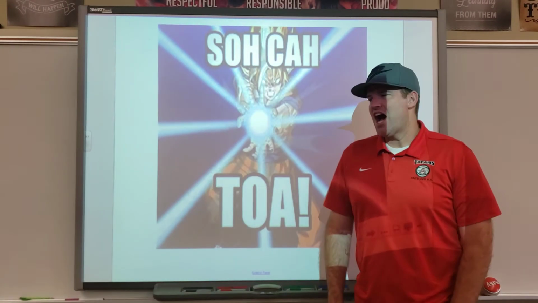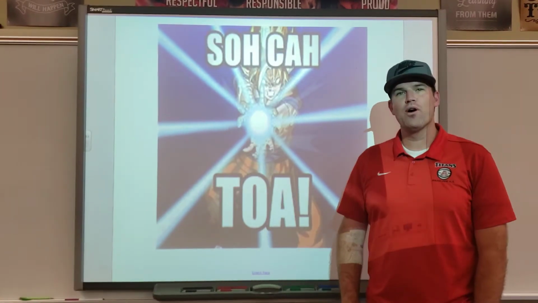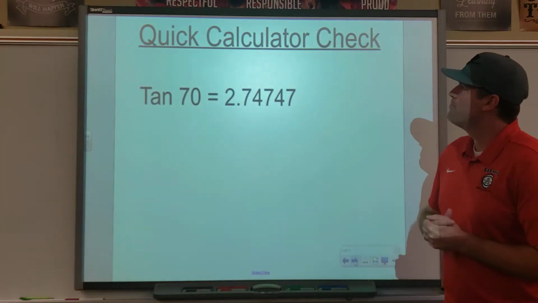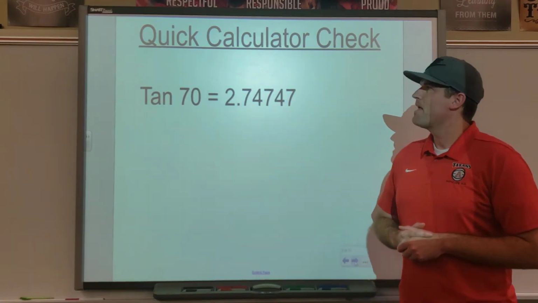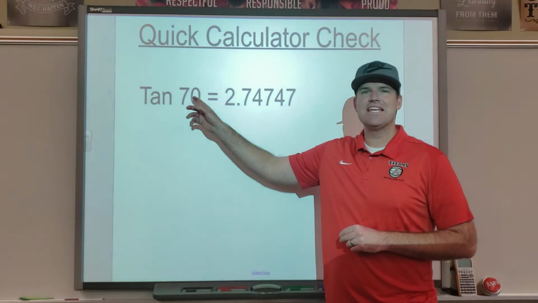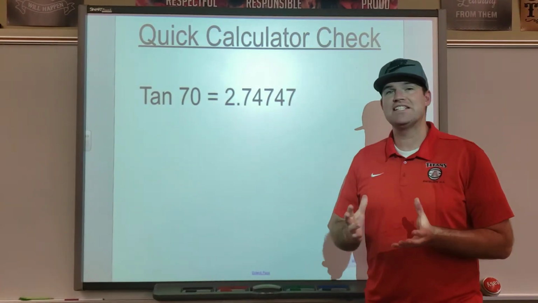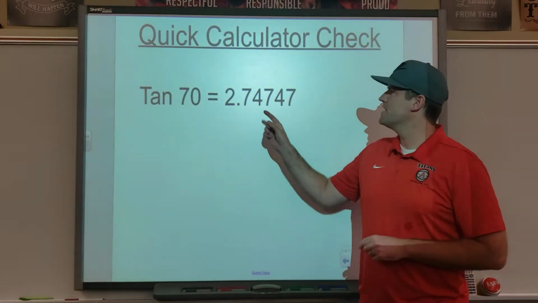All right, SOHCAHTOA. Today we're going to focus on the TOA part, or tangent. All right, before we get started though, you should do a quick calculator check. To do a calculator check, I just went ahead and picked tangent of 70. So on your calculator, you want to hit tan 70 or 70 tan, depending on which calculator you have. But you should get